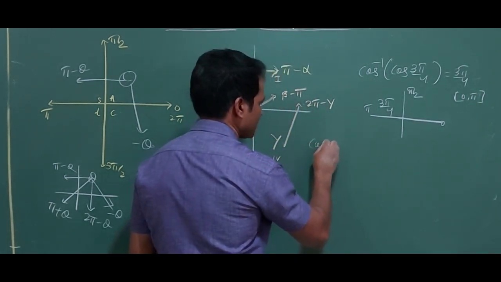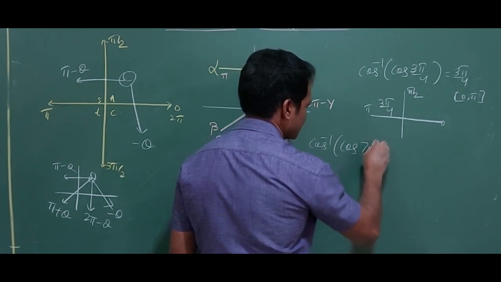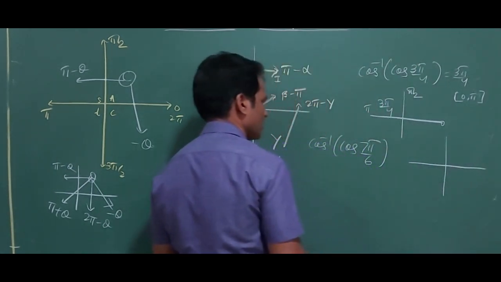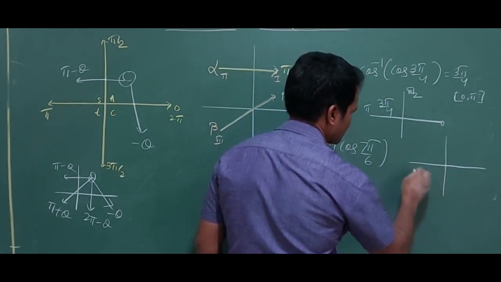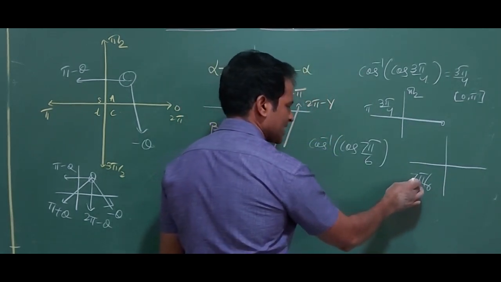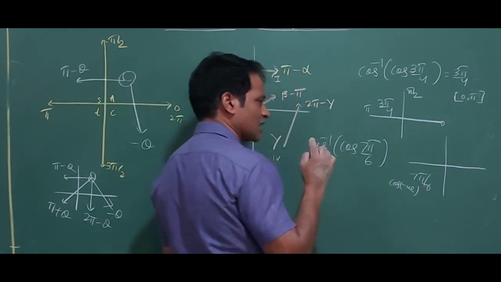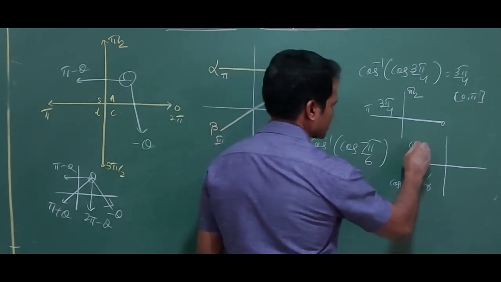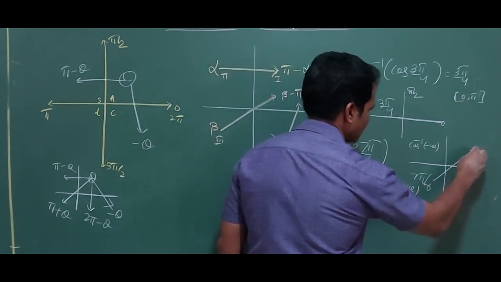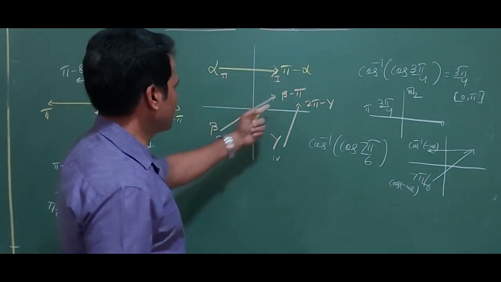Suppose I am getting cos inverse of cos 7 pi by 6. This is 7 pi by 6. That value is between 180 to 270, that's your pi plus pi by 6. In normal trigo, cos is negative here. So I think about the quadrant where cos inverse is negative. That is where cos inverse is negative. How to go to that quadrant? Go to first quadrant, then from there come to this quadrant.